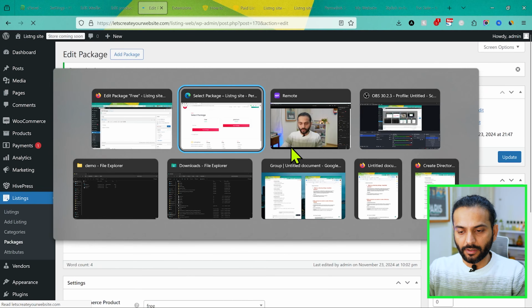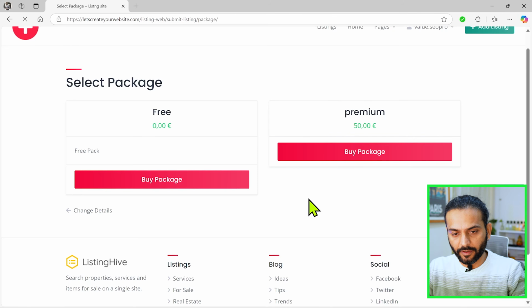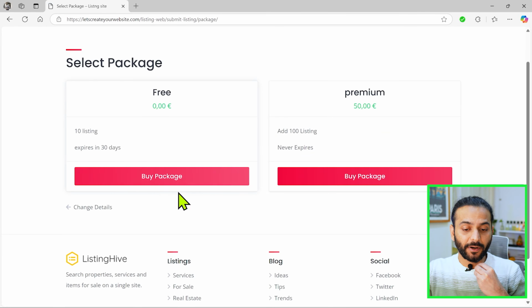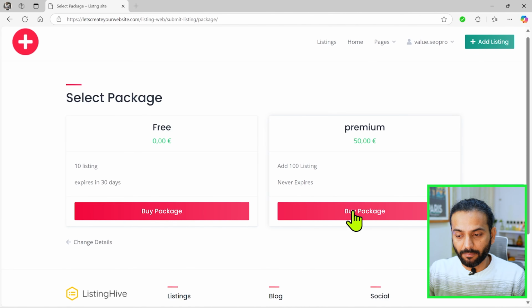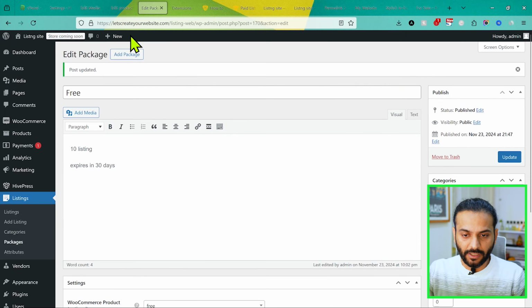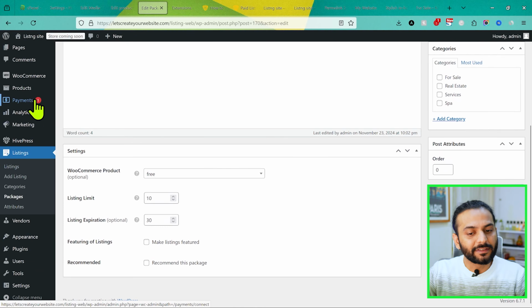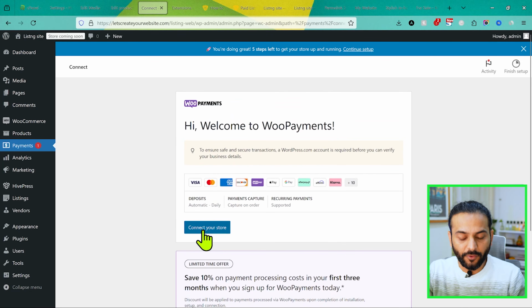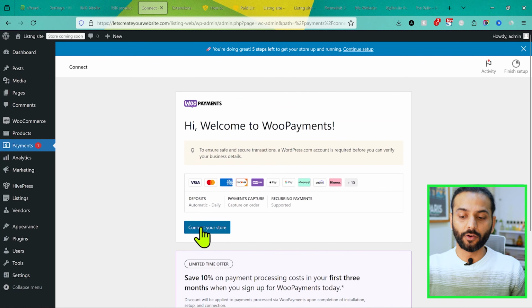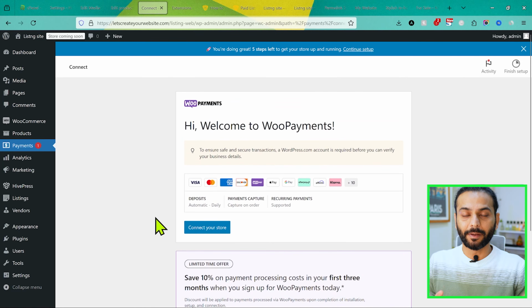And let me go to the other browser where I was showing you. If I refresh this page, so now the person can buy the package from here. Either they want free, they can buy free, or they can buy the package from here. And also if I go back, and now if you see here on payments, you might have some options. You can use the Woo payments. This is the default option. You can click on connect store, and you can follow the process,